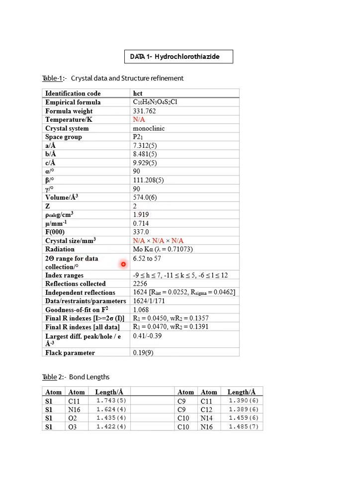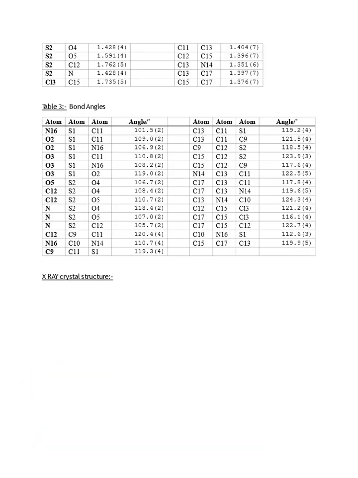And this is the radiation which is used in the determination of the XRD pattern. Here molybdenum K alpha radiation is used, whose wavelength is 0.710173, and the flack parameter is 0.19. And this is the table for the bond lengths. These are the corresponding bond lengths between the atoms in the crystal structure. This is the table for the bond angles,